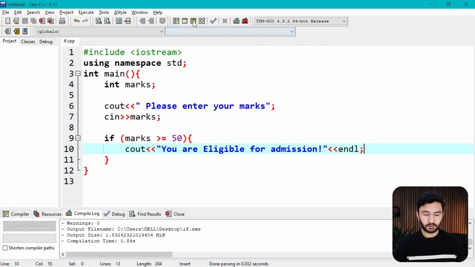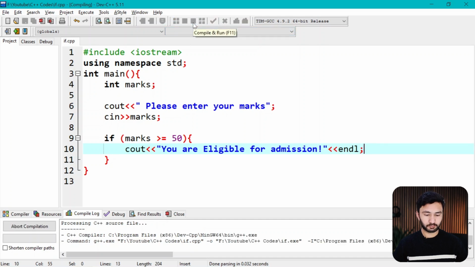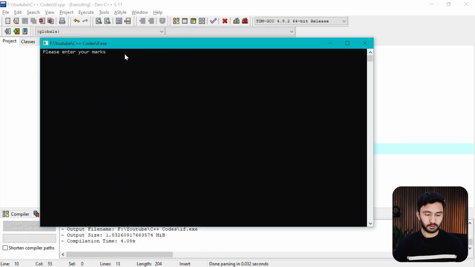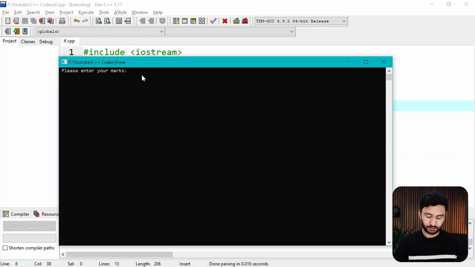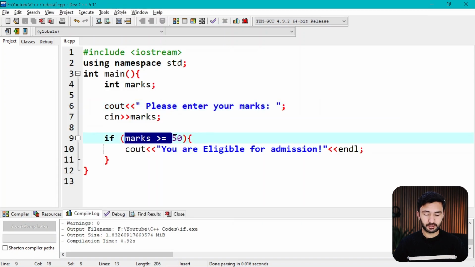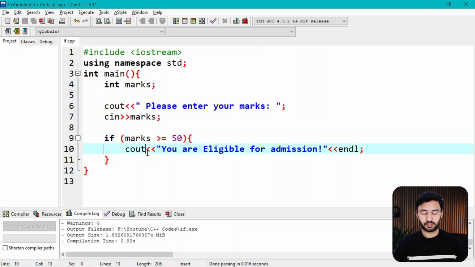If I save it and now compile and run this, and I give my marks as 68%, it has printed that you are eligible for admission. Now let's give another example, and here I am going to give a number below 50, like 45. So it has not printed anything, because if this condition is met, then this block of code will be executed. If this condition is not met, then after that we have not written any part of the code,